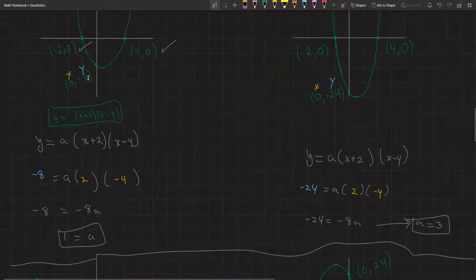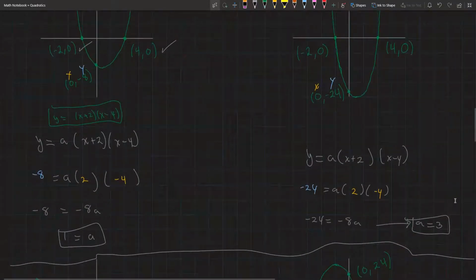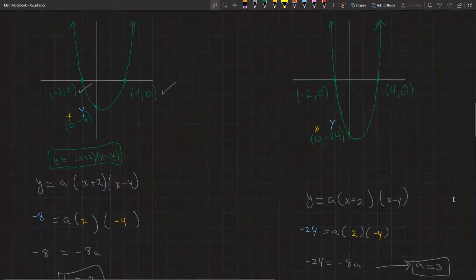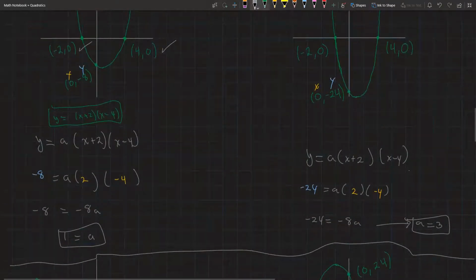How many times is this y-intercept larger than that one? Let's see if you can make a connection. How many times larger? It is 3 times larger, which should make a lot of sense. And hopefully you can skip this step in the future. But it's all right. This is very mathematical, which means that the equation of this quadratic is y equals 3 times x plus 2 times x minus 4,